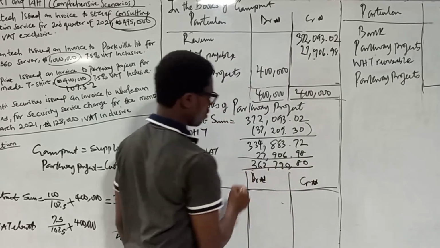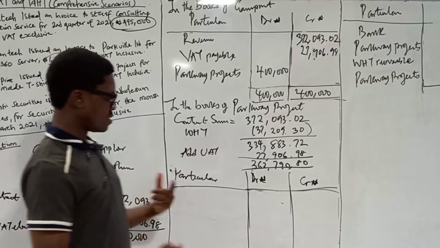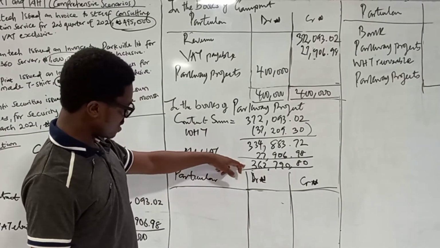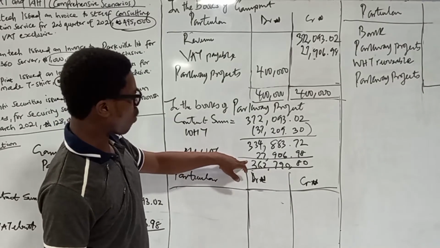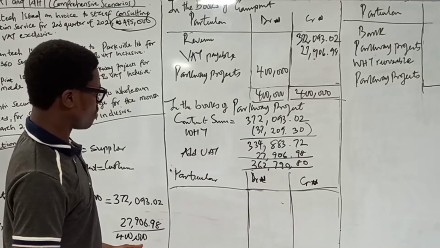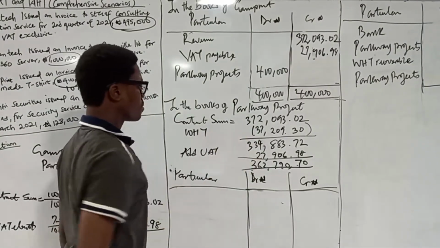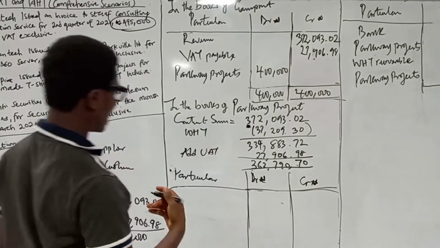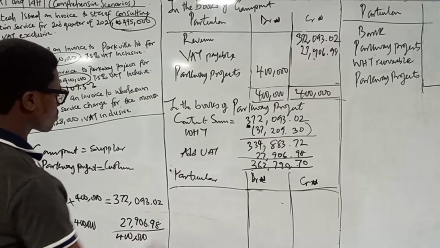It is important to mention, as I said in the last two questions, that there is a difference between what Graceman is expecting from Pathway project and what Pathway project is planning to pay Graceman. And I said for emphasis that this is the withholding tax. And what will the accounting entry be in the books of Pathway project? The accounting entry in the books of Pathway project will be